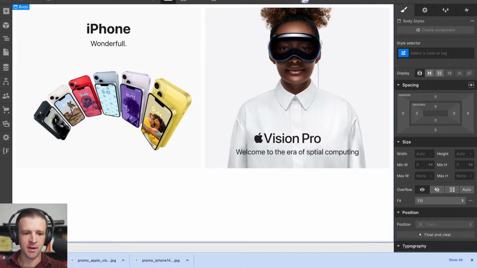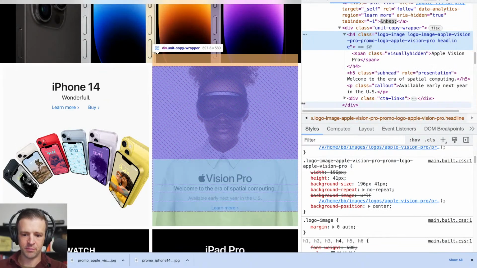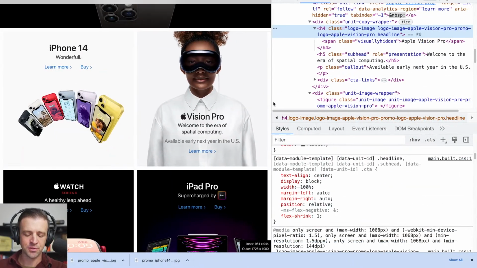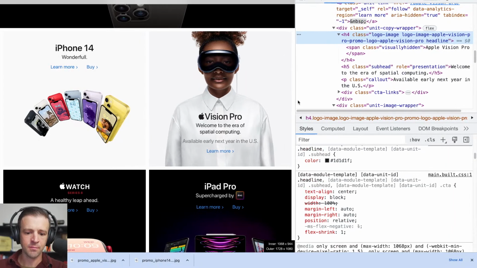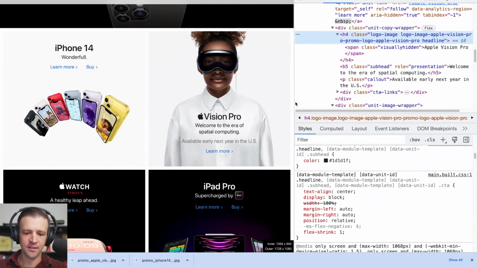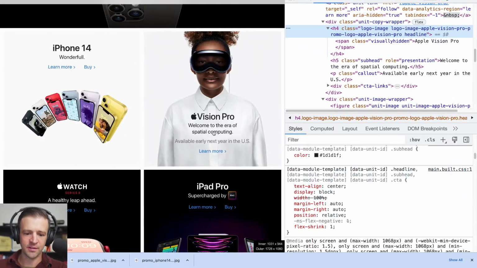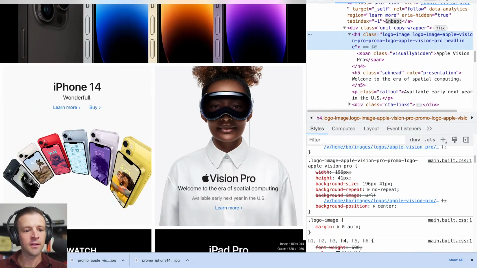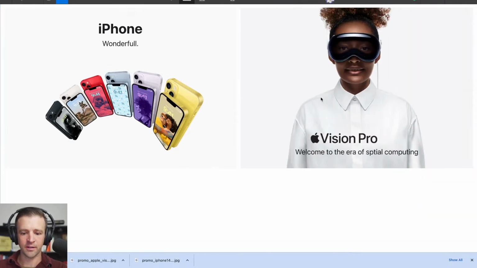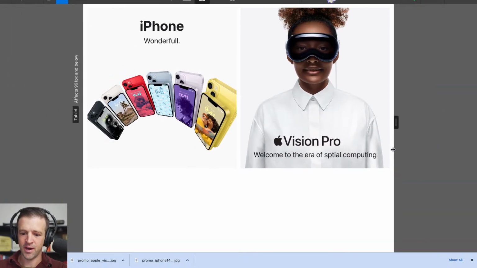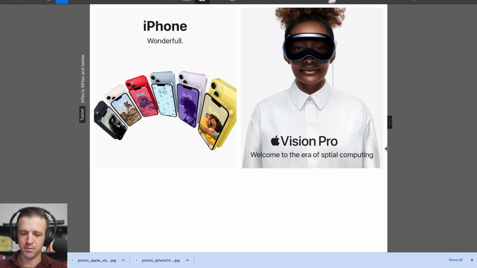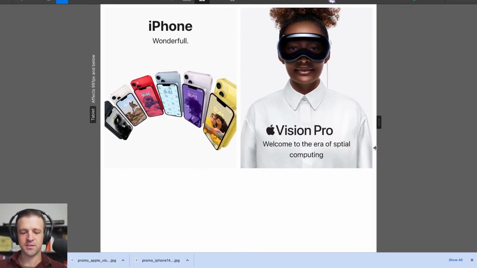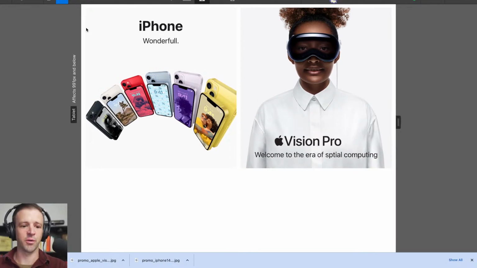And something that was interesting about this, so here I can see it's taking up the whole thing, but Apple's trying to make sure that they don't have orphaned text. You see as I'm making this smaller, that "spatial computing" wraps and not just the word "computing". So let's come back to Webflow here, and I'll come into preview mode, and we'll see mine's probably gonna, oh, I misspelled spatial, but you see how computing comes down there. So that's what's called an orphan, and we want to try to avoid those